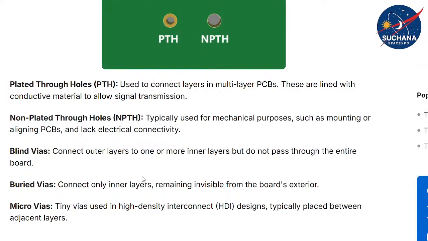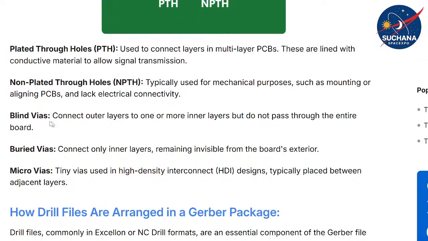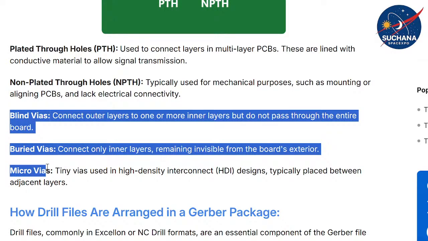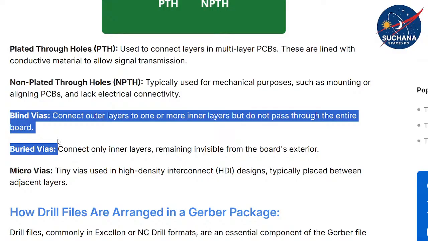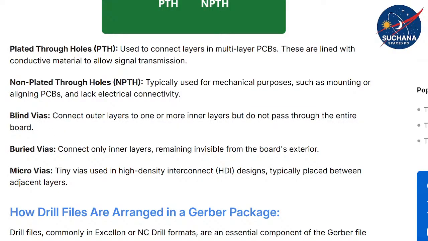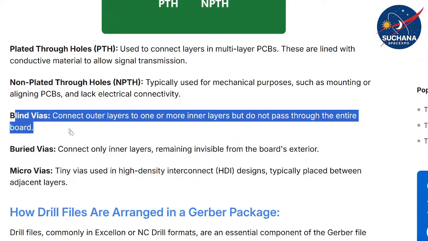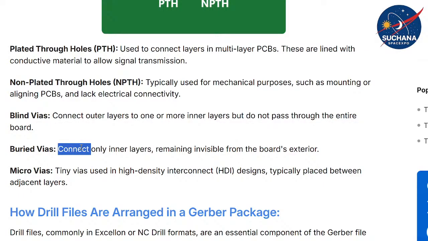Okay, and there's one more classification. According to that, there are three main types. As of now, we are discussing two main things: blind vias and buried vias. Some people pronounce it differently, but actually its pronunciation is buried vias. Coming to this particular thing, in blind vias, the definition states that it connects outer layers to one